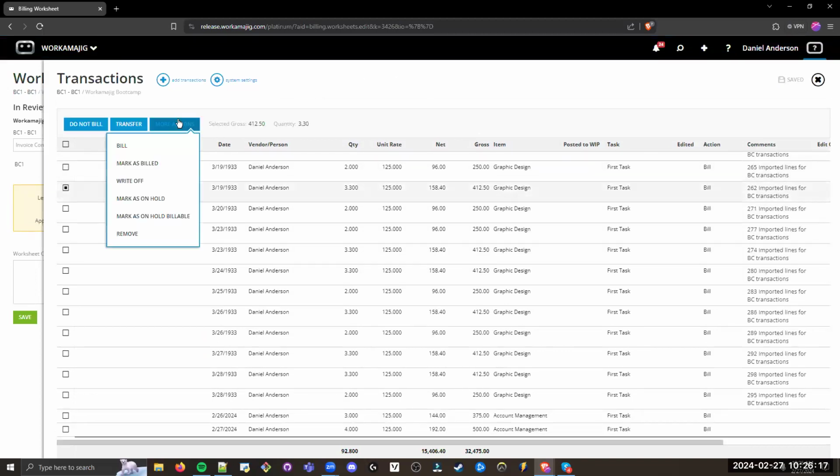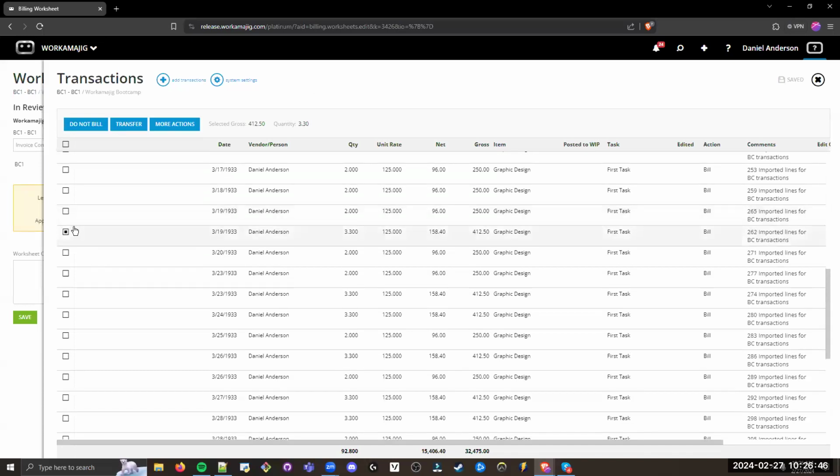And a few other options in here. You have things like mark as on hold or mark as on hold billable. Now, I actually recommend not using these. It's pretty easy to lose these transactions if you mark them as hold. They are not billable until you mark them as off of hold again. So to me, it's better to just click do not bill each period. If I don't want to bill this transaction this month, or however often you bill, I can have Workamajig just pop it up next time, and if I don't want to bill it then, I can click do not bill again. This is a way more intentional way of saying, hey, this is billable but I don't want to bill